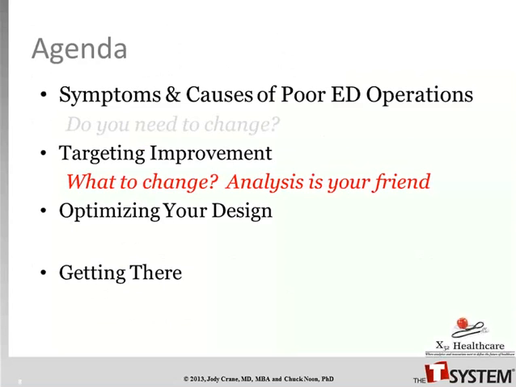So the next thing I want to talk about really quick is this notion of targeting improvement. What to change? So if you say, okay, wow, we have high leave without being seen, we have length of stays that are long, we have a lot of these symptoms, then the question is, well, how do you pick what to change? What I don't recommend is training everybody in the organization in some improvement method and then turning them loose all over the place. What happens is, at the end of the day, maybe 90% of the things they improve truly aren't hitting on the main elements of